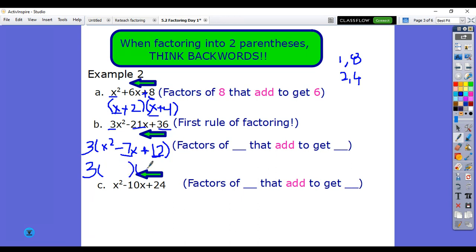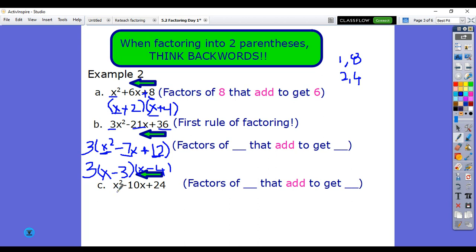Then we go to 2 parentheses. What makes x squared? Split it apart. Give each parenthesis its own x. Factors of 12 that add to get 7. There's only one set, 3 and 4. Now, to get a negative 7, I need negative 3, negative 4. And last but not least,